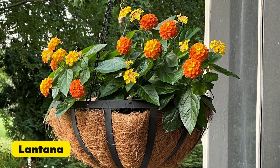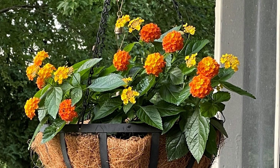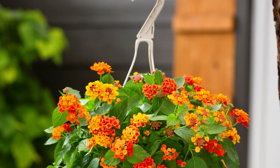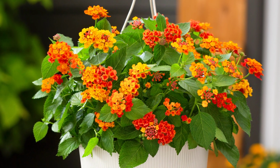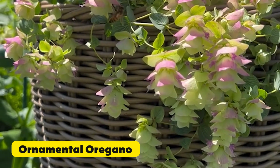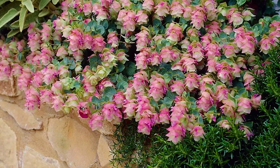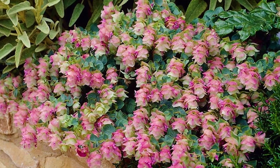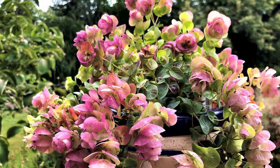Lantana is known for its vibrant clusters of flowers that attract butterflies and hummingbirds. Once watered well, it can go for weeks without needing attention, perfect for the hands-off gardener. Ornamental oregano is not just pretty, but practical too. Its fragrant cascading stems are perfect for sunny windowsills, and while not the tastiest variety, it still adds a hint